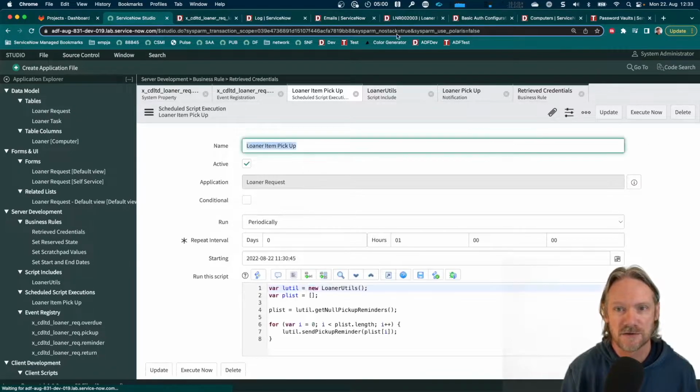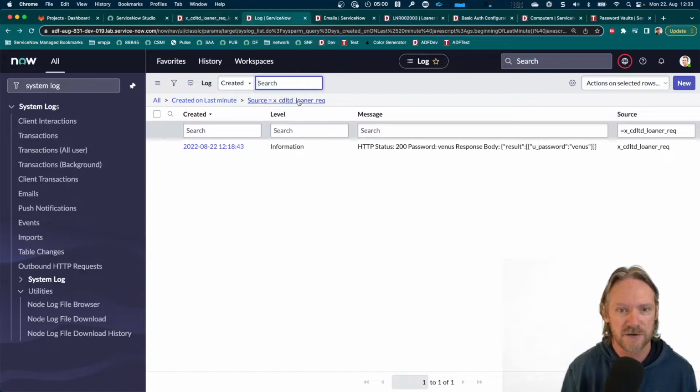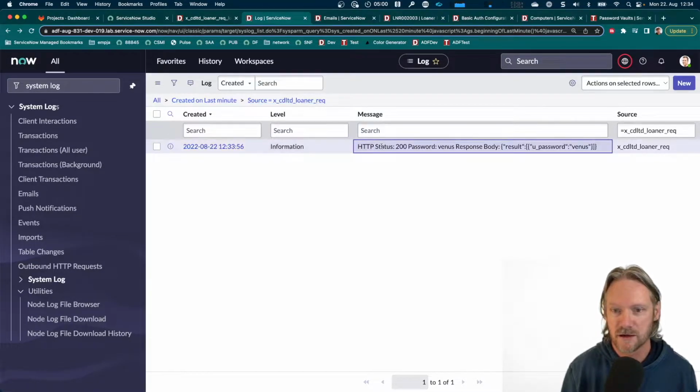and now come back to my request, we have the timestamp here. If we go to our logs and refresh this, we can see a confirmation that we actually got a 200 response back, which is good, and we've got the password in there. And I've also printed out the entire object here that was returned, which means also that theoretically, hopefully, we should